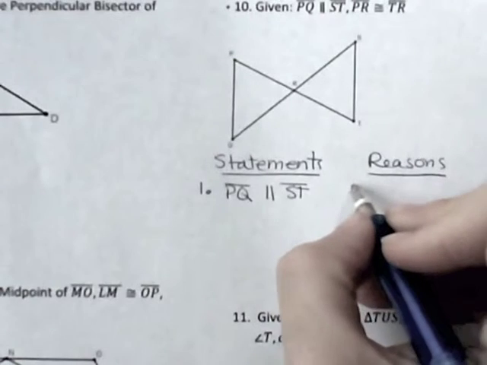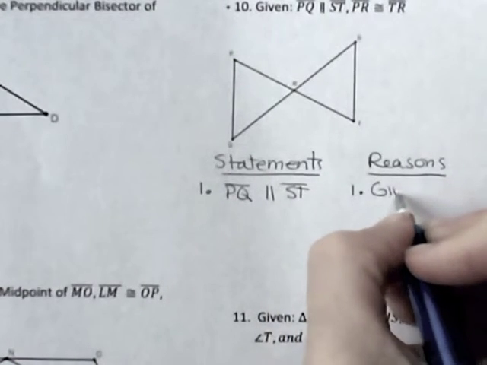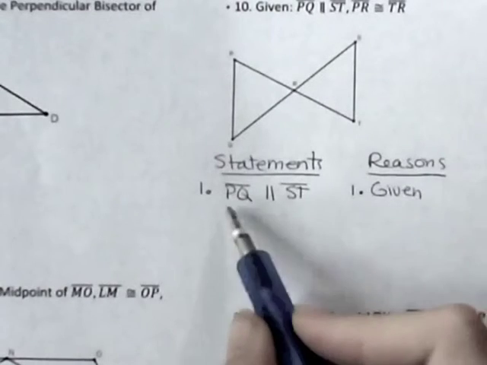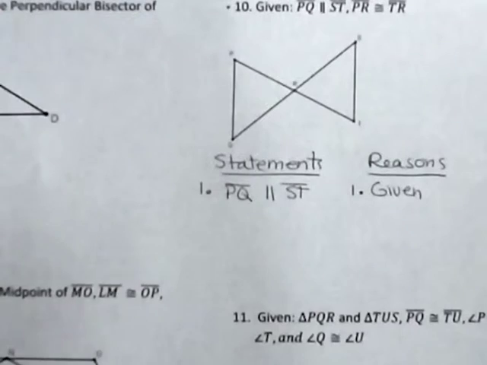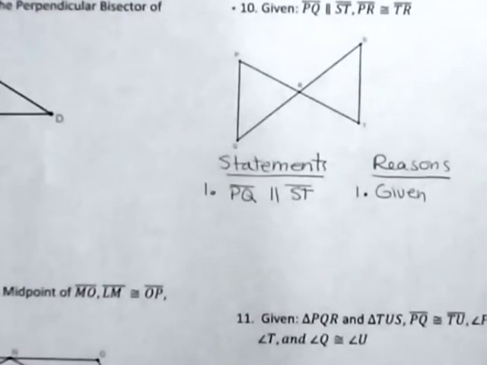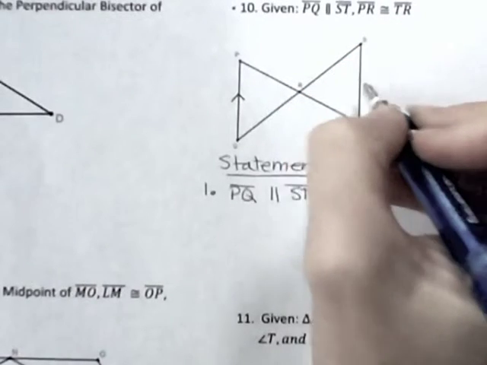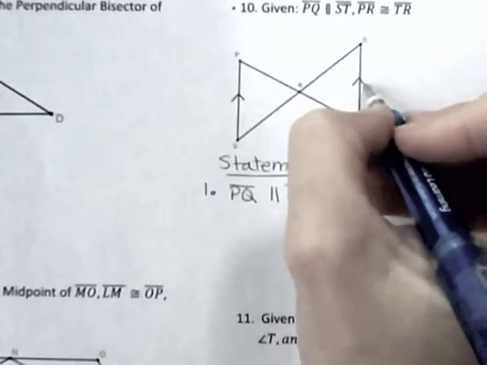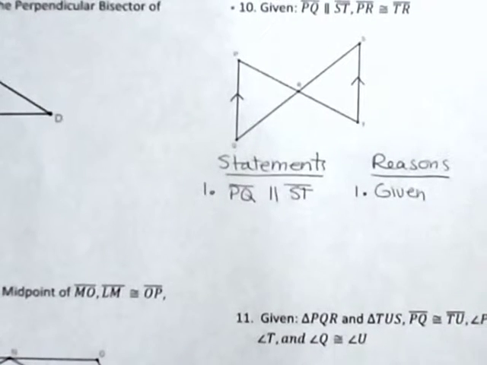Okay. The reason we know that those two are parallel is that it was given to us. And since we wrote that these two are parallel, we should mark something in our triangle to that effect. So I am going to use my parallel symbol and show that PQ is parallel to RS. So I have used